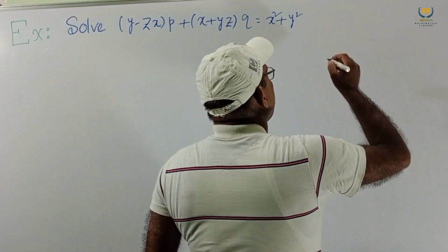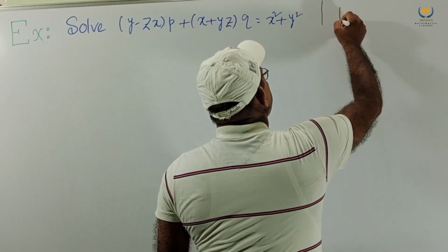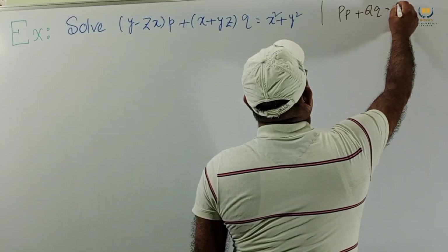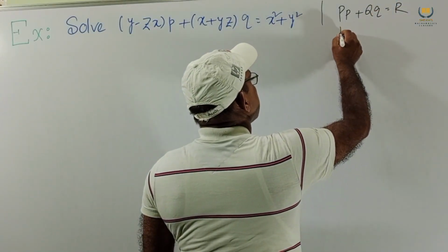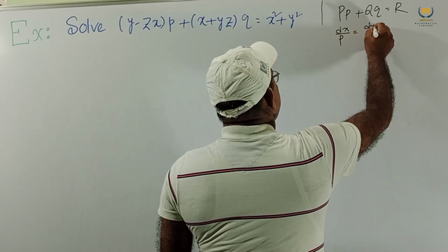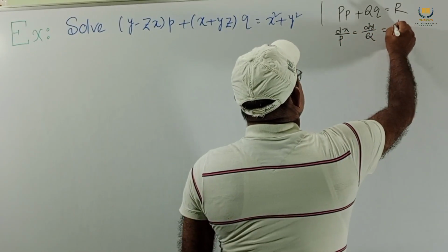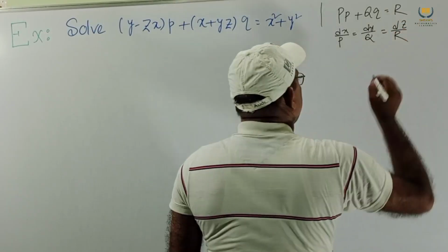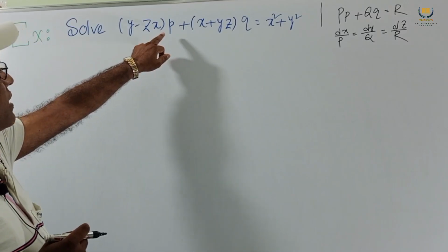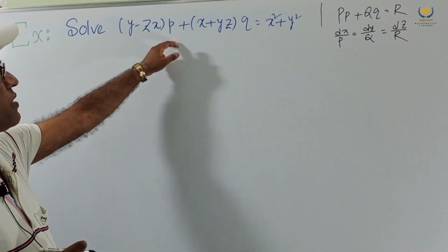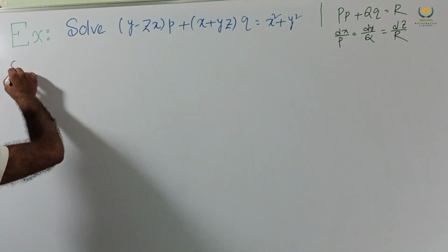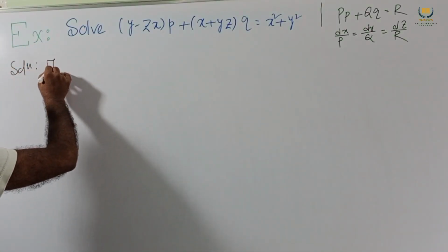So, I recall the formula. We know if Pp + Qq = R, then the auxiliary equation is dx/P = dy/Q = dz/R. We know this. So here we get this is P, this is p, this one Q, q, this one R. Therefore, solution we write the